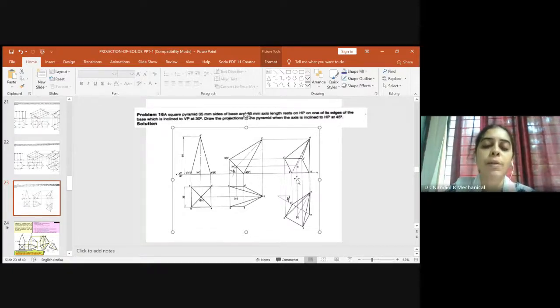Whenever it is a problem on side inclination, the true length remains the same in the first and the second stage, and hence we won't determine any apparent angle. So remaining thing we will do it in the next class. Okay, so if you have any doubts, you can kindly let me know.